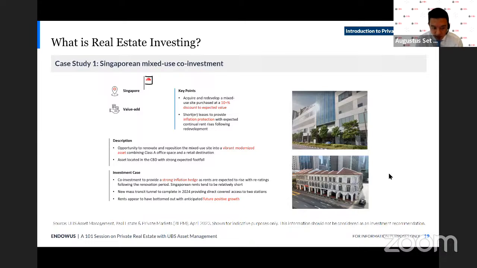What you can do is you spend some money to refurbish the asset, make it a little bit nicer, newer, shinier. And in doing that, you can attract higher paying tenants. So you can slowly kick out some of the old tenants that aren't paying rent, and you can get some new tenants to pay higher rents. Improve the retail mix, make it a bit more attractive destination, whether it's a combination of gyms or some good F&B. And then after doing all that work, you could sell it after, let's say, 3 to 5 years or so, and it is a higher quality building at that time, and you get a pretty good return on your capital.